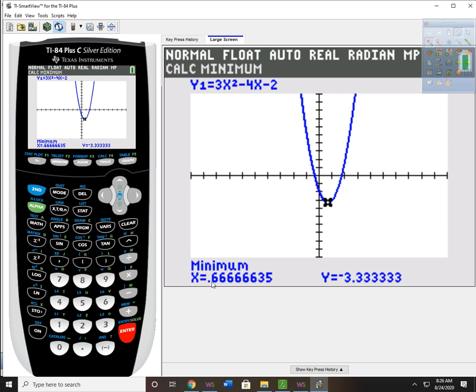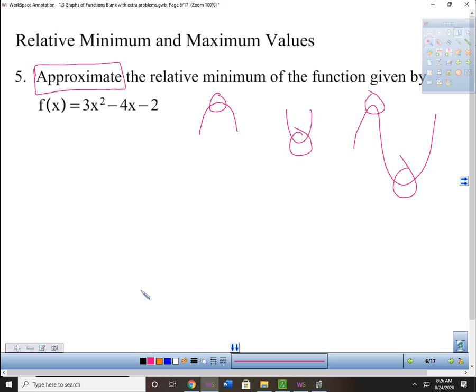So it's telling us that our minimum is approximately at 0.66. We'll do 0.67 because we don't want those three 6s. And then the y value is negative 3.33. So we'll just round it because we're approximating. All right, we should probably state that we have a minimum. So we'll do minimum